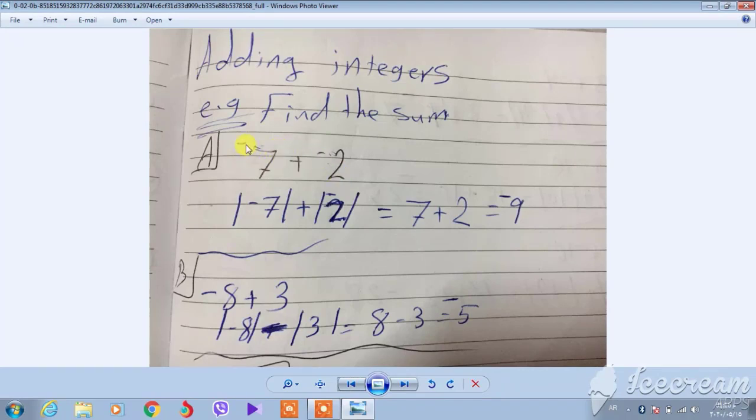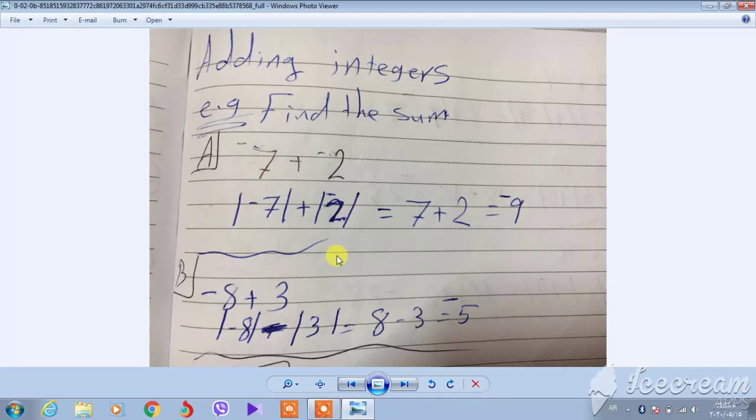We have the absolute value of -7 plus the absolute value of -2 equal to what? The absolute value of -7 equals 7. The absolute value of -2 equals 2. 7 plus 2 equals 9. And after that, at the answer, what do we do? We write the sign. If both of them are positive, we write positive. But if we have negative in both of them, in the answer we also write the negative sign, student.